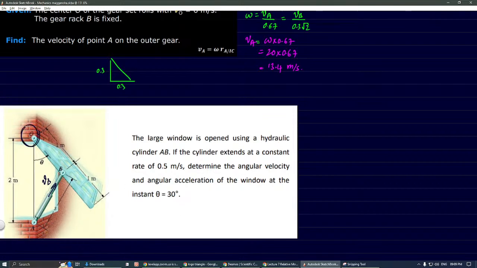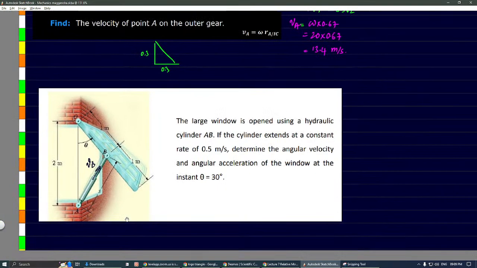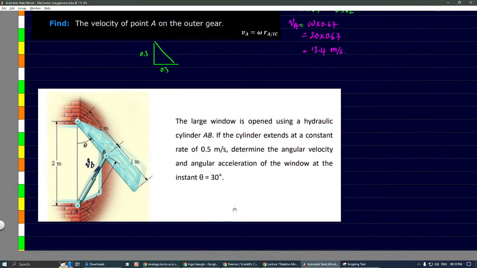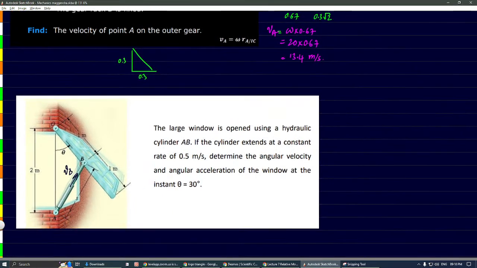This point here is fixed, no? What we can do is first find this angle. This angle we need to find, and when we find that angle,